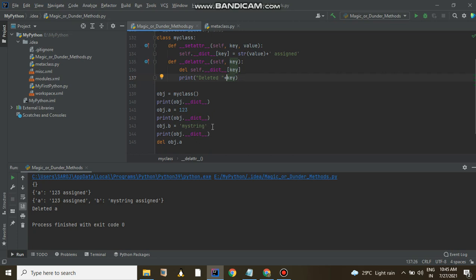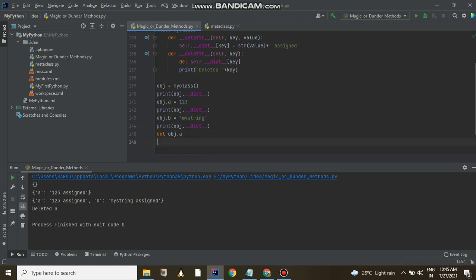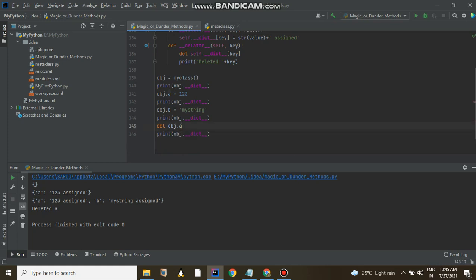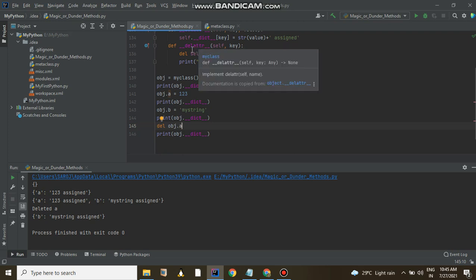After this you can check the dictionary, and you can see there is no a in it. The corresponding key a and its value are deleted by invoking this delattr dunder method, which is executed when we call the del operator and try to delete an attribute of a class.